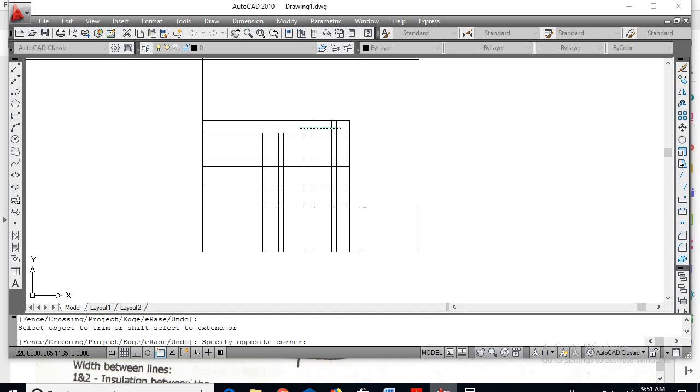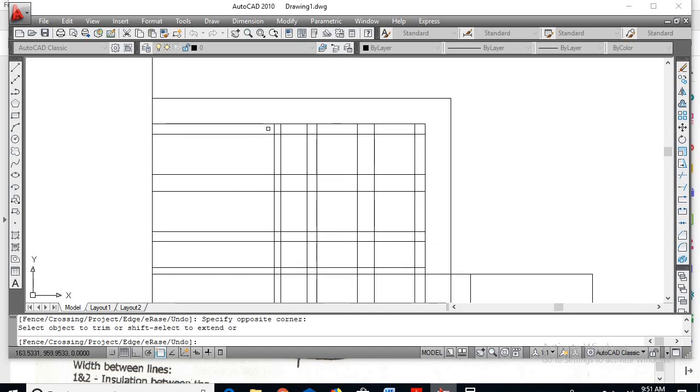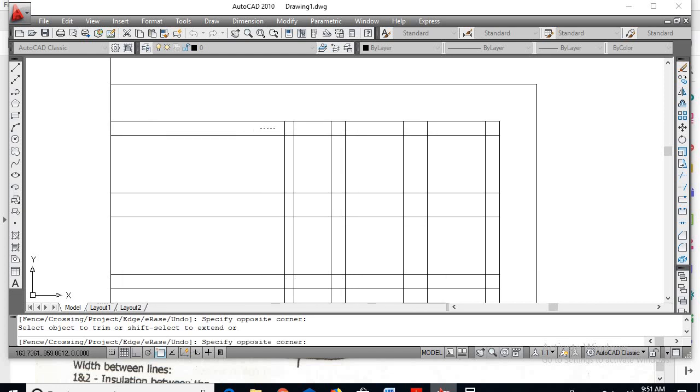So this is one path. Up to here it is LV coil. Next comes the insulation.